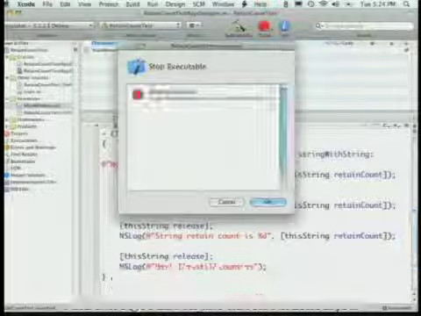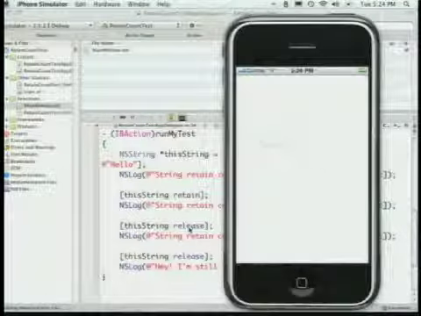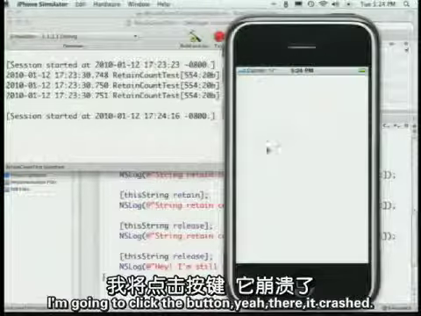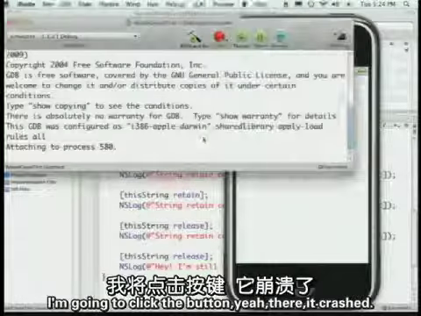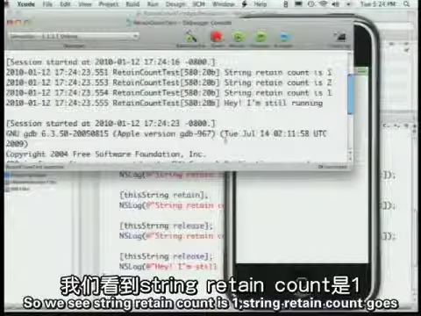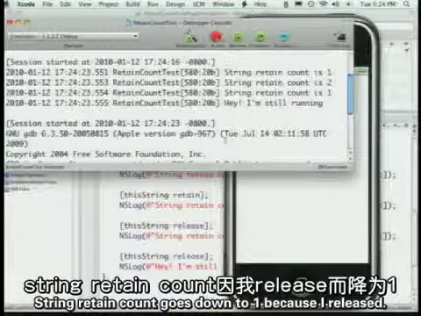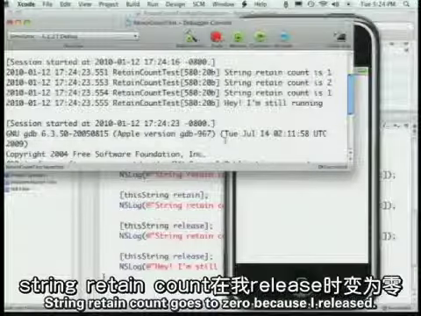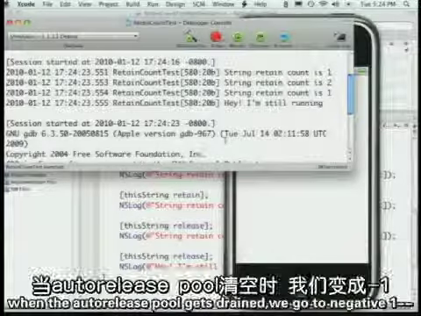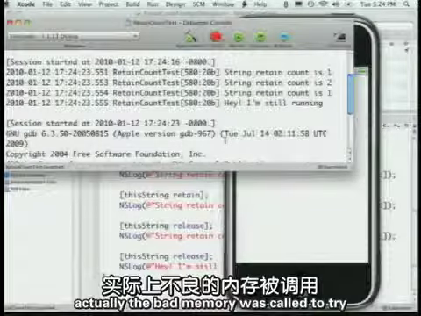And let's just do it for fun. Don't try this at home. Let's do this: string release, and we're going to say NSLog, hey, I'm still running. And if we get this far, we haven't crashed yet, but we should see a crash pretty soon after that. So far so good. We haven't called anything yet. When I click the button,